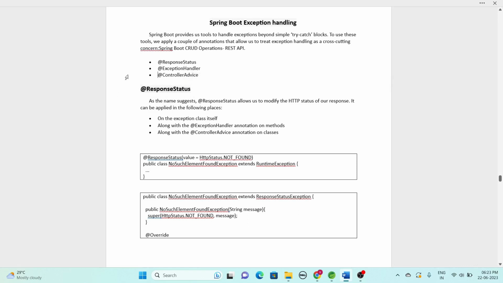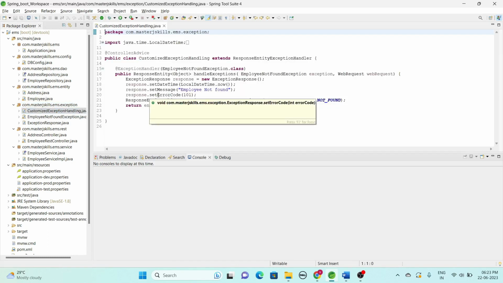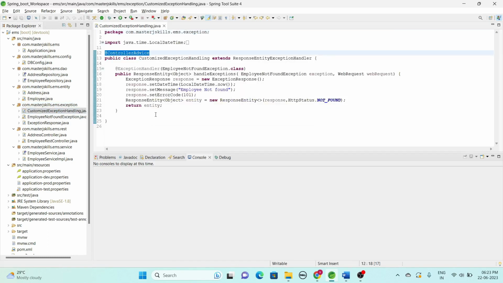So instead of going through this theory, we'll just look into the IDE, then we'll come back here, for a clearer understanding. So I'm just switching to the IDE. I'll open the advisor package, here is a package exception, for a customized exception handling class. So for that, I have used, you can see here,